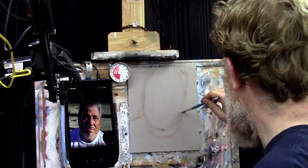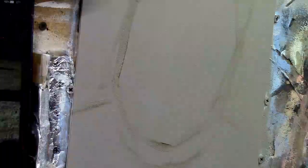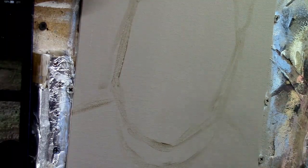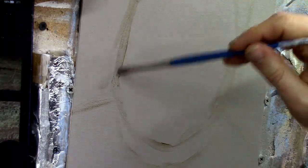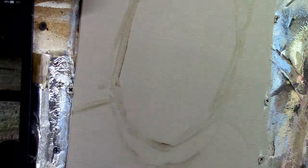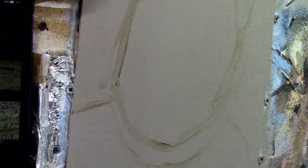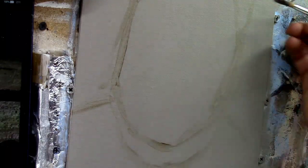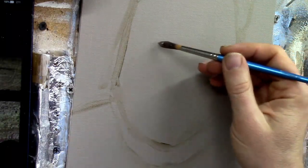Just see, when you have the matte medium on it, it's so easy to wipe it away. So I really like that aspect. You can just wipe it off if you make a mistake. Okay. So now that we have that done, we'll just block in a little bit of the facial structure